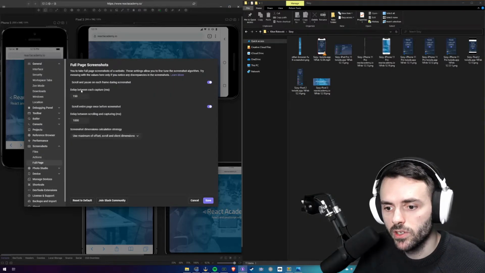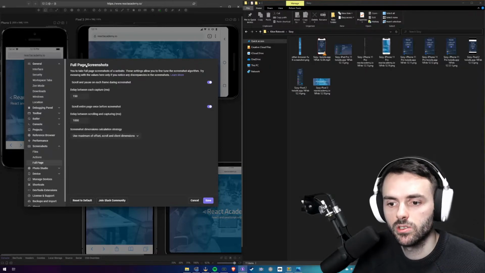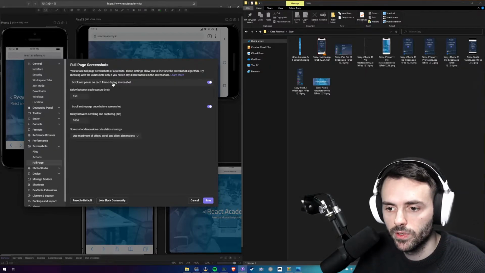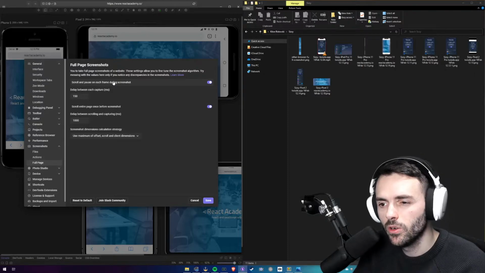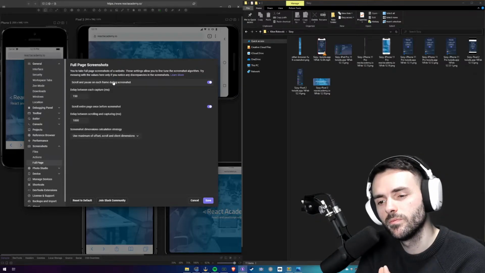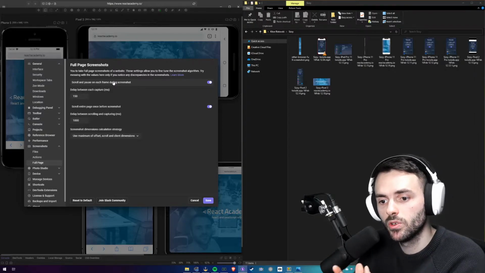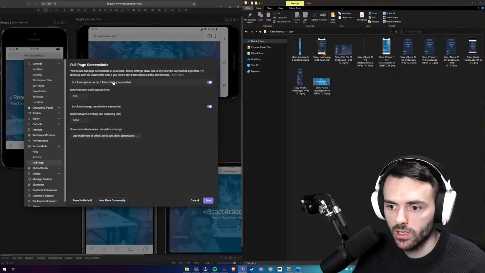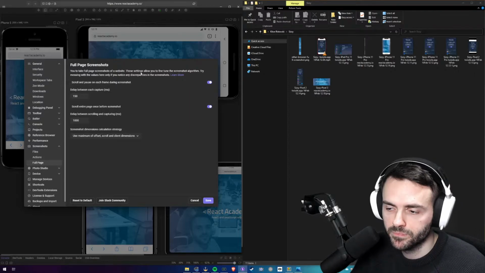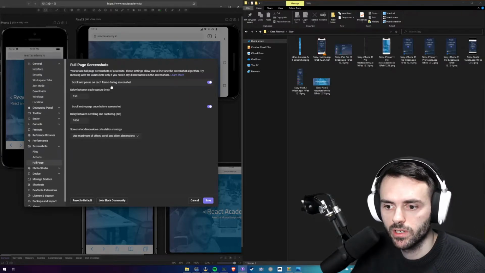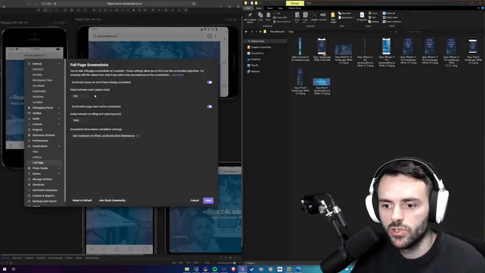Next up, we have full page. So regarding the full page screenshots or the scrolling screenshots, you can configure a lot of things, but we don't advise you to mess with these settings, but we still give you the options. If for your website you're not getting perfect full page screenshots, you can configure some settings here, like whether you want to scroll and pause on each frame during the screenshot, how much delay do you want between